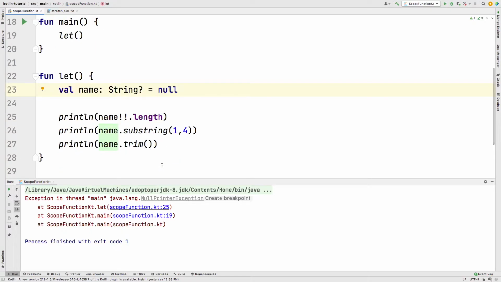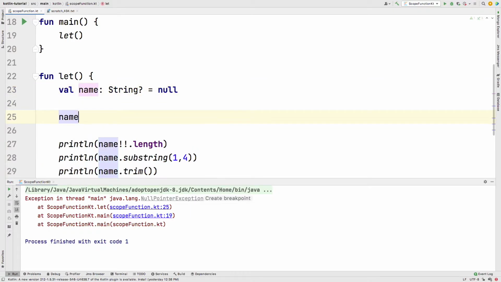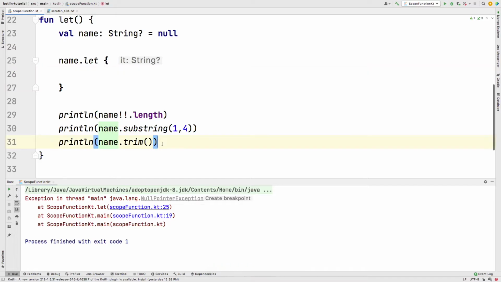So how can we write this kind of code in a much safer way? For that, we can simply use the let scope function. We can call the let function on top of name, and inside this we can move all these lines.